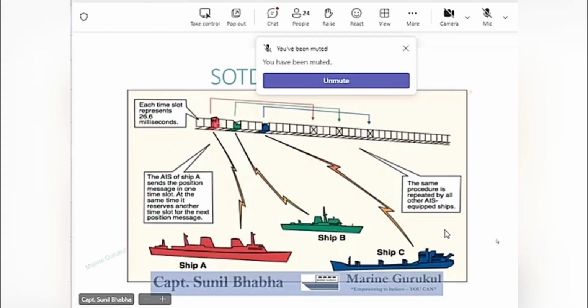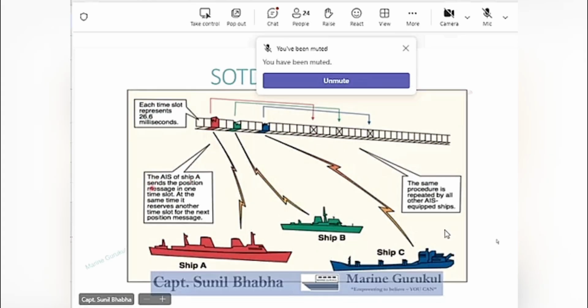In this particular time slot, the transmission is made by the red ship, ship A. Now the AIS system is such that whenever any station transmits information, at the same time it books a slot in the future. So you see this particular slot is booked by the red ship for its next transmission.